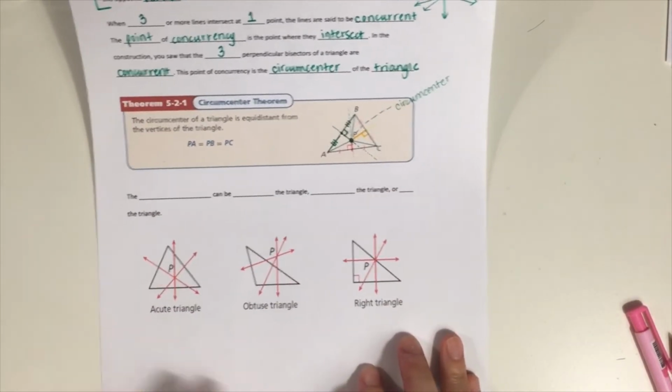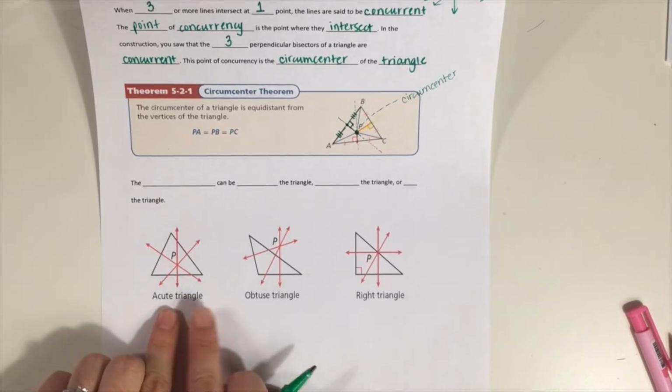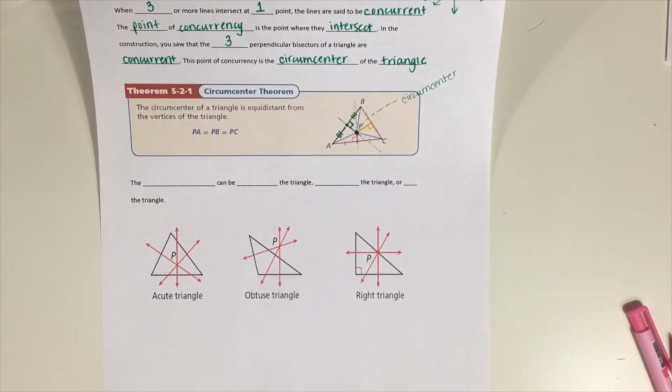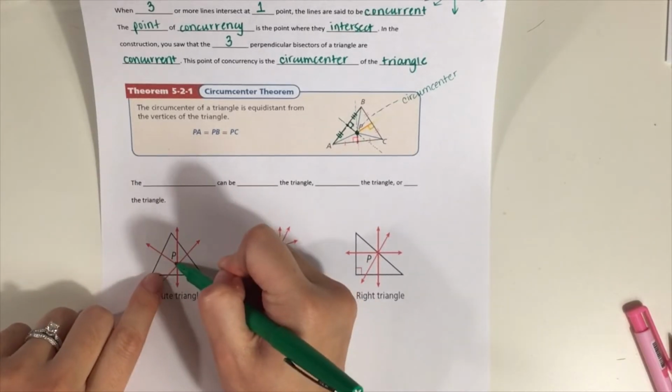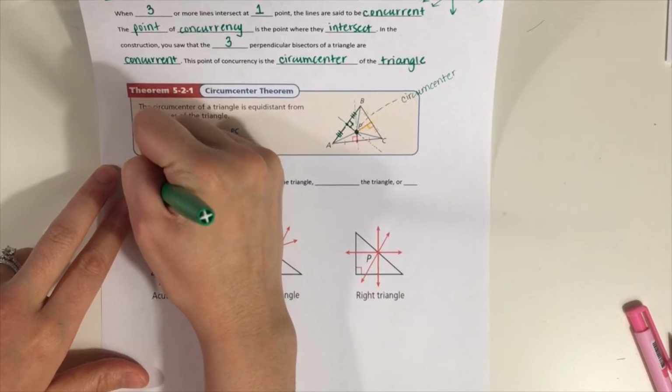to the bottom here, we see that we have different kinds of triangles. So we have acute triangles, obtuse triangles, and right triangles. And what's really cool is that when you're dealing with different triangles, the circumcenter can sometimes show up inside the triangle. So the circumcenter